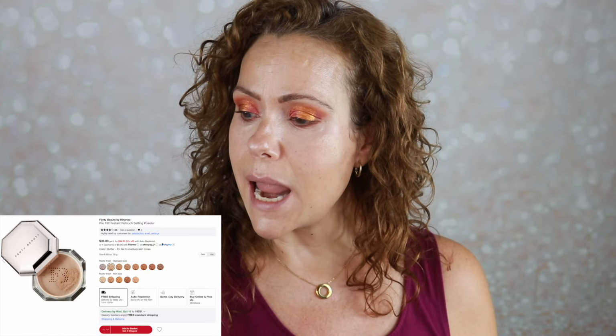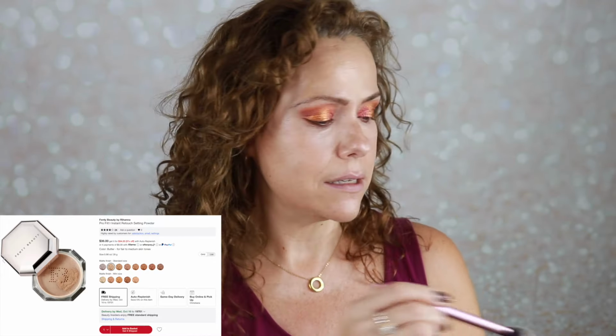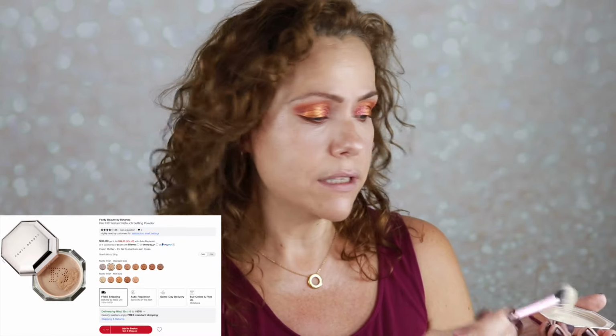And I have been getting a little bit away from the puffs lately, so I'm back to the brushes. I'm either using a big brush or a really small one. Today I'll use this one from Real Techniques. This is the setting brush. I love this brush. I have one in my bedroom and in here. And what I've been doing is just